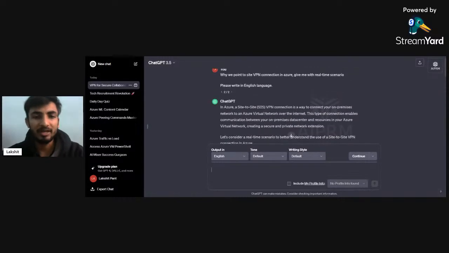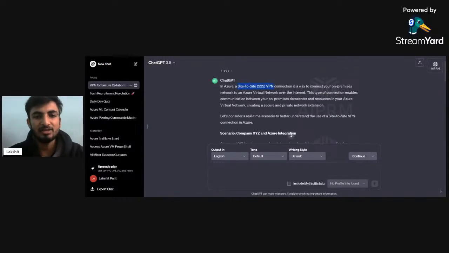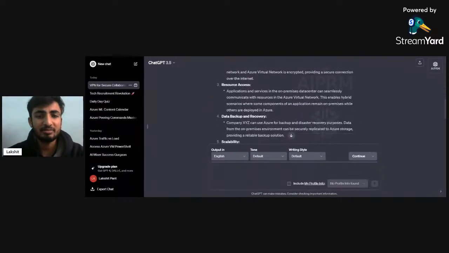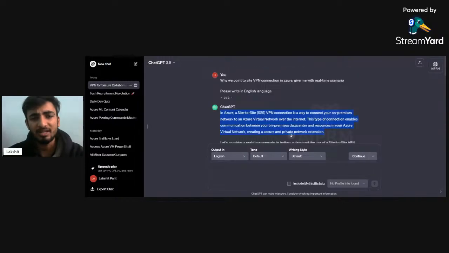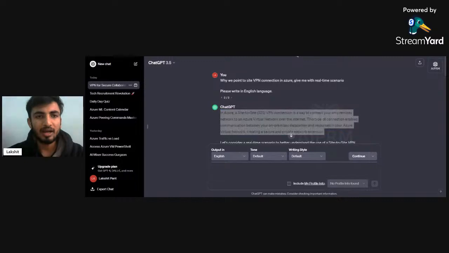So this is the problem, right? How you can just get the access in Azure? According to this, there is nothing like point to site because this is outdated. So that's a simple problem that ChatGPT has while learning point to site, right? And there are a couple of others I'll share with you.